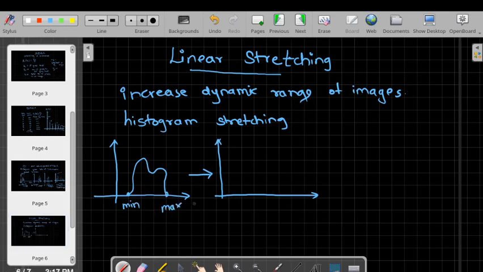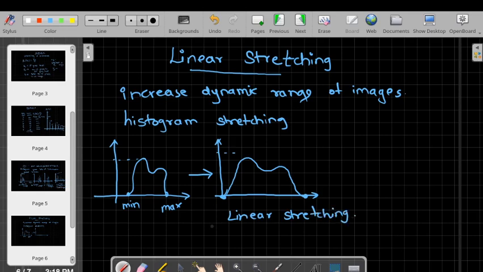This minimum and maximum value is stretched from 0 to the maximum value, that is L minus 1, and we'll get the histogram like this. Actually this value and this value will be the same value, or I'll redraw this graph like this. So this is nothing but linear stretching